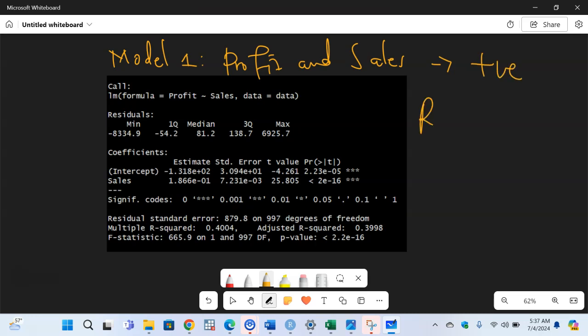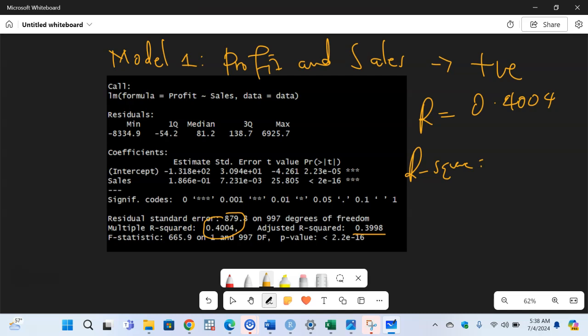And R, that is the correlation coefficient, is 0.4004. It's here. This is the relationship, I mean the correlation coefficient, and of course R squared. So how do you interpret these numbers? For R squared,